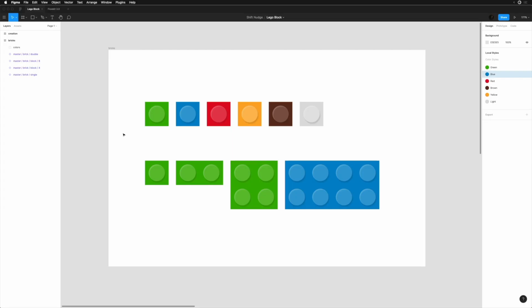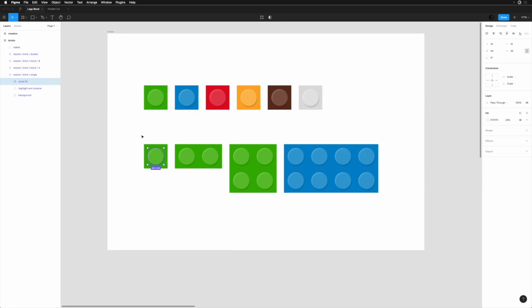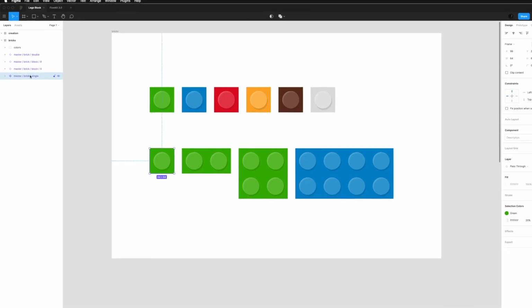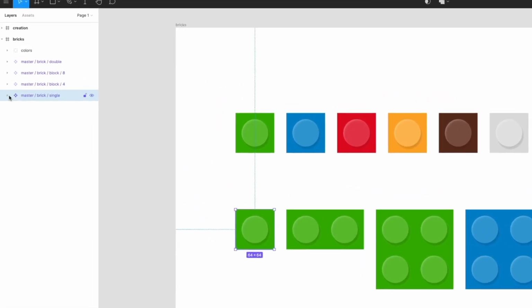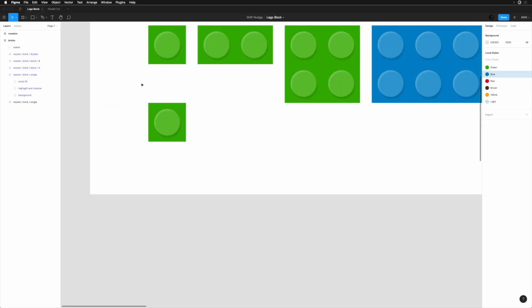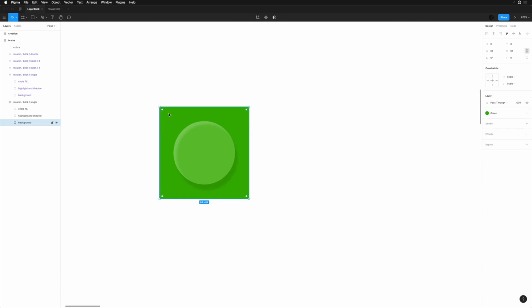Let's actually dive into a couple of different examples ranging from very simple to a lot more complex. So let's take a look. All right. So I've got here a pretty iconic design system, the mighty Lego brick. And you can see I've got this guy right here, Master Brick Single. All right, so I'm going to actually make a copy of this just so we can dissect what's